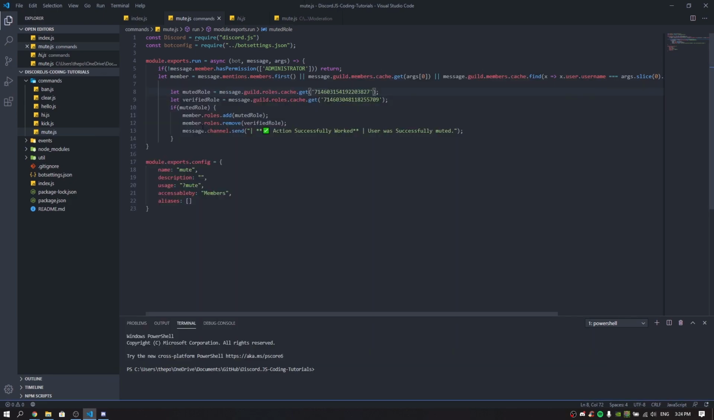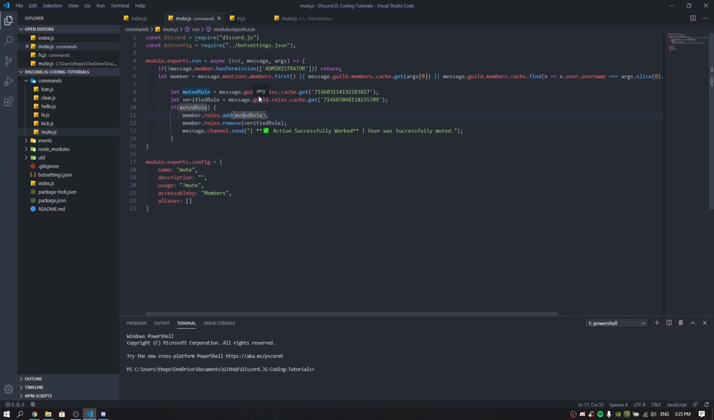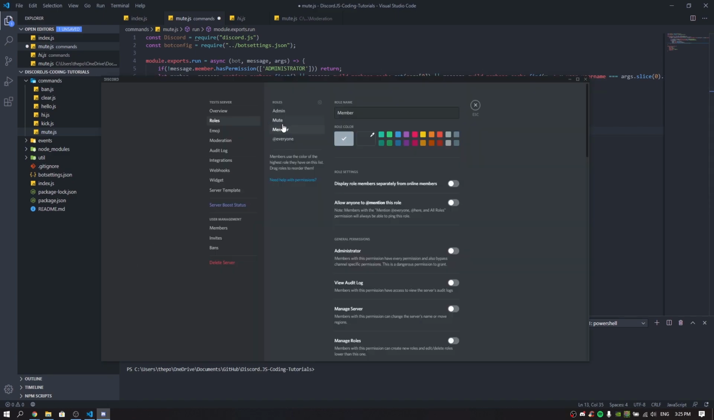So basically, if the muted role is used, the action we're going to do is add the muted role and remove the verify role, which is the member role. Because this is a situation where you have a verify role and you don't have a non-role. So this is very important. You have to remove the member role from them and then add the mute role. Because you know what the problem is? There's a problem when you have the verify role,